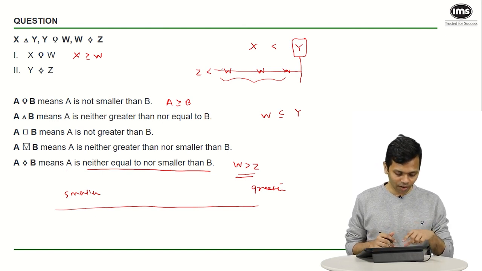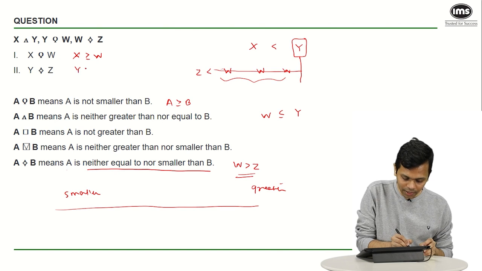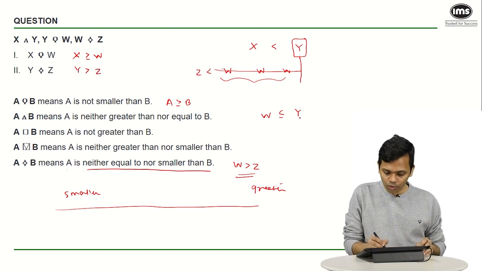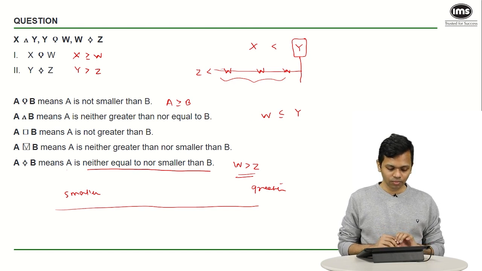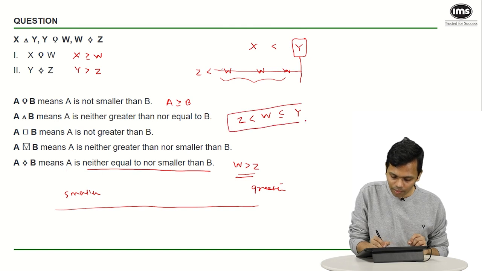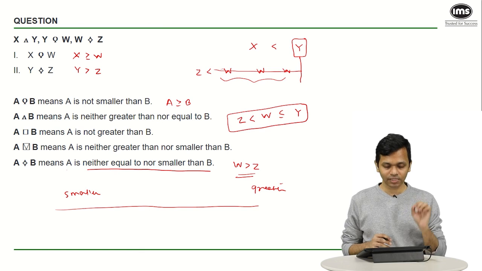The second one, Y diamond Z. It says Y neither equal to nor smaller than Z, which means greater. Y greater than Z. Now think about this for a minute. You know that Y is greater than or equal to W. You know that W is greater than Z, which means no matter what the situation is, I can definitely say that Y is greater than Z